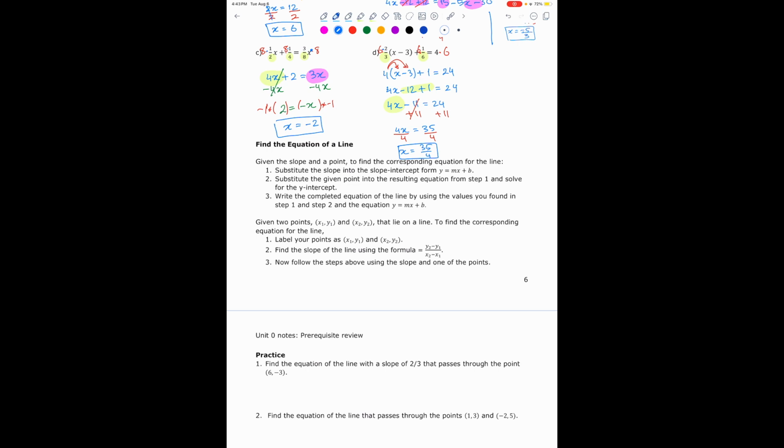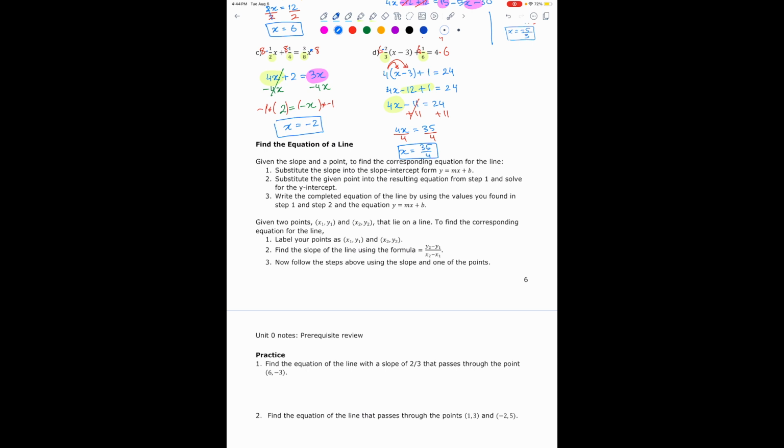Given the slope and a point, to find the corresponding equation of the line, first we substitute the slope into the slope-intercept formula, which says y equals mx plus b. M is the slope and b is the y-intercept. Step 2: we substitute the given point into the resulting equation from step 1 and solve for the y-intercept. And then we write the complete equation of the line by using the values we found from